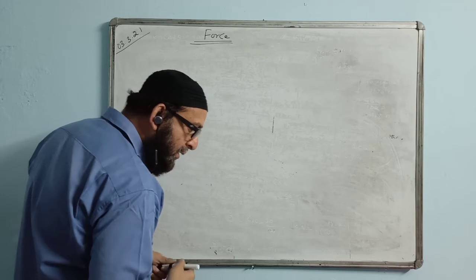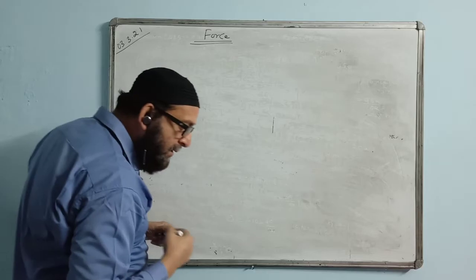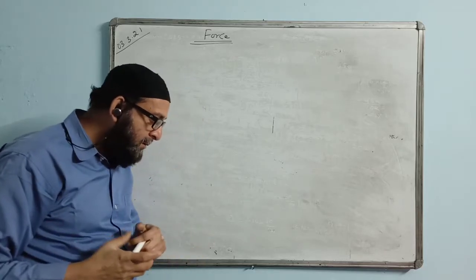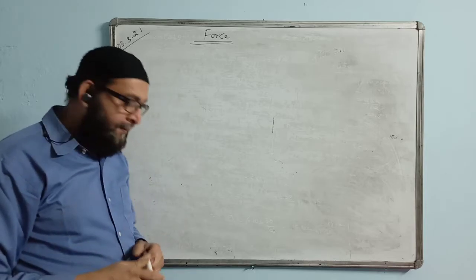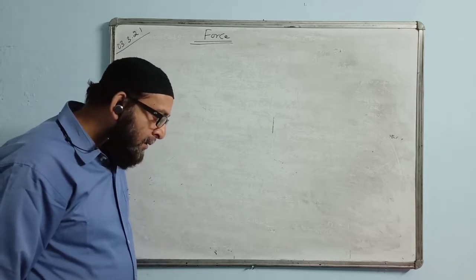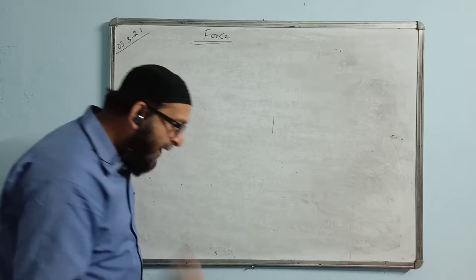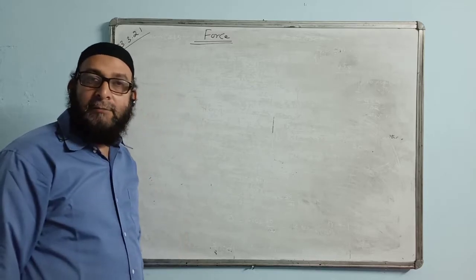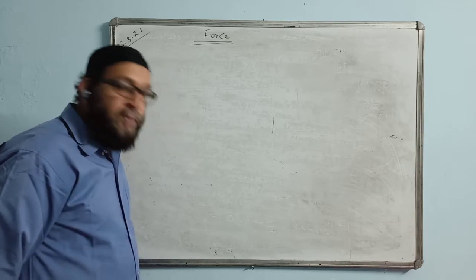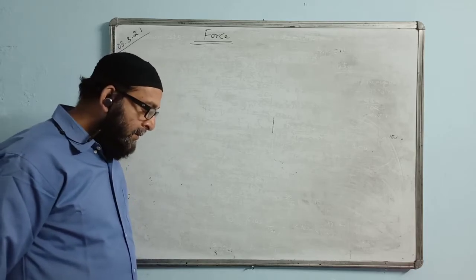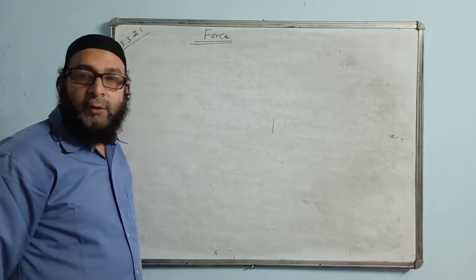Now the next question is over here. It says a uniform meter rule balances horizontally on a knife edge placed at the 58 centimeter mark, when a weight of 20 gf is suspended from one end. Draw a diagram of this arrangement. And the second part, what is the weight of the rule?